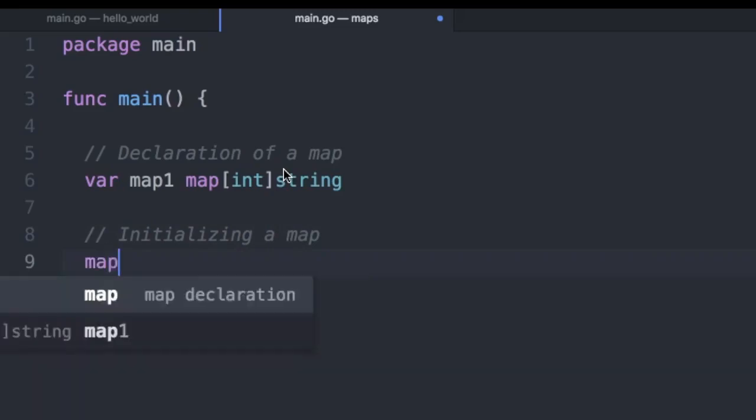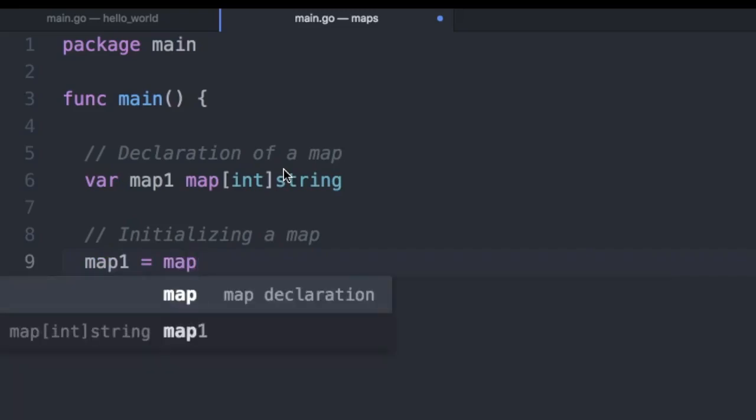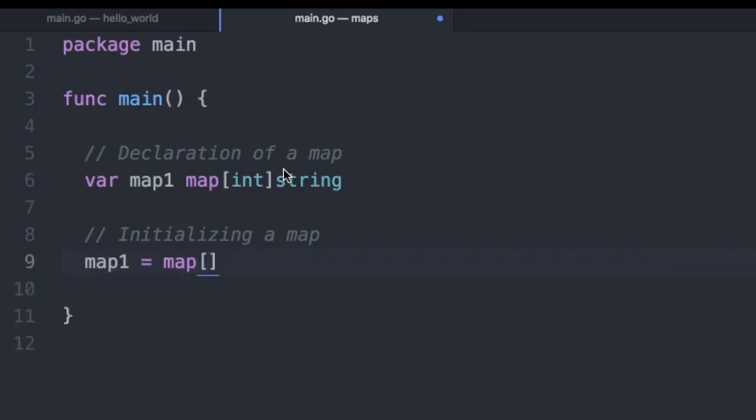We're going to do map1 equals map, then the set of brackets again, the type of the keys, which are integers, int, and the type of the values, which are strings. Then we open the curly braces,